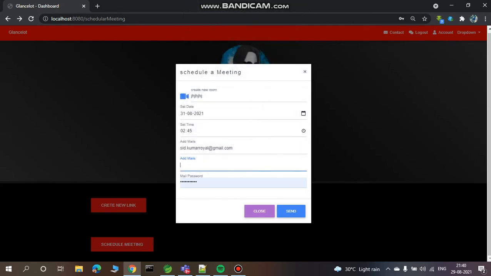And this is the part for a meeting scheduler, you can add any admins and co-admins. Okay, if you don't add any admins or co-admins, that is fine. But if you want that only a few people should be able to start the meeting, and the others should not be able to start the meeting, you can add those emails with a space. Okay, so let's say demo@gmail.com space demo2@gmail.com. So you need to provide the emails like this.